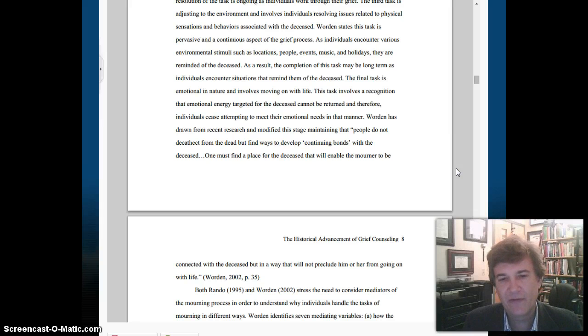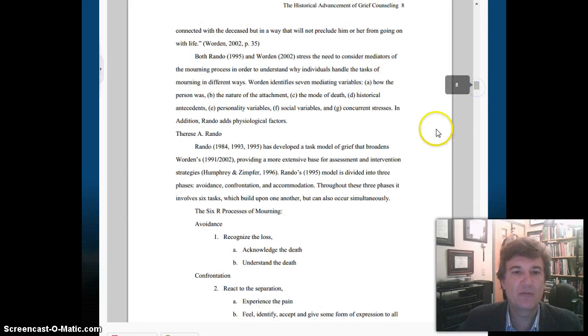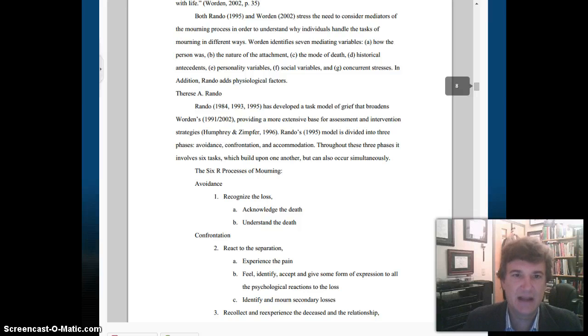with life. So it's finding a new connection, and for me personally, that connection is how that individual continues to play a role in my life, and how I have integrated that relationship into who I am, how I act, how I feel, how I interact, that I-thou experience with others in my life, how I re-examine my own life, how I've changed and grown as a result of that relationship with the other. So I believe he took a lot from Rando in redefining his stage theory.